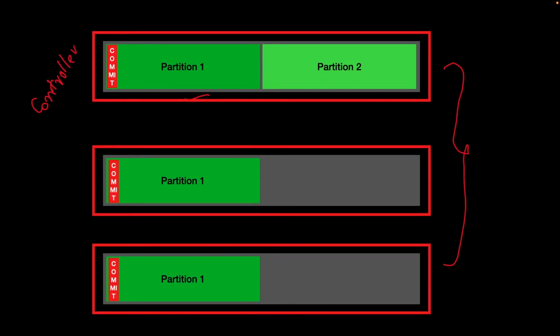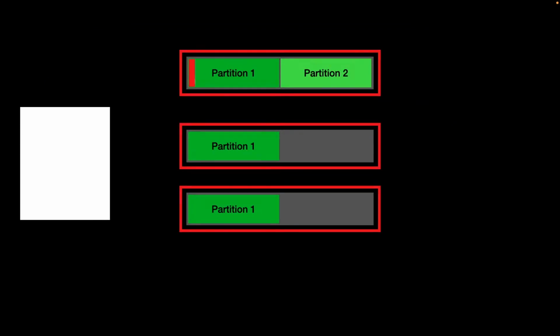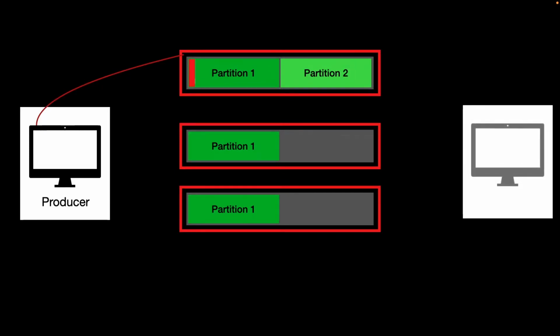So if any data has to be written to this partition, that information will flow through this controller node only. And similarly, in the case of a consumer, if any data is read from the particular partition, the information will flow only through the controller node of the particular partition. So we have replicas, and we have a controller node. The producer is going to publish a message to the controller node of the particular partition. And similarly, the consumer is going to poll the particular broker for the particular partition. The controller node is very important for the particular partition because it handles all the read and write operations that have to be done for the partition.